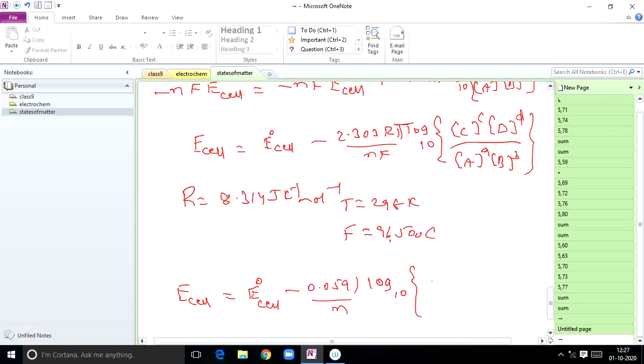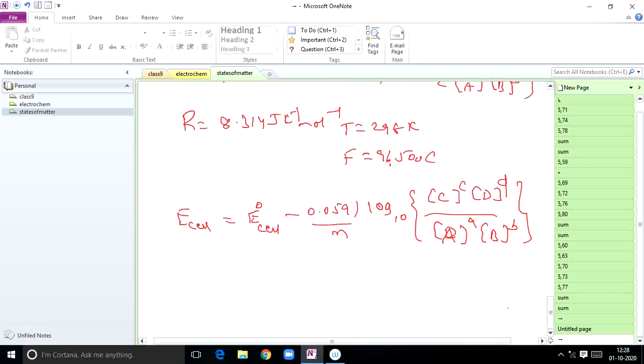You can write it as QC, or you can take concentration of C whole power c into concentration of D whole power d by concentration of A whole power a into concentration of B whole power b. Like this you can write. So this is also one form of Nernst equation only. Okay, students. Now after this,